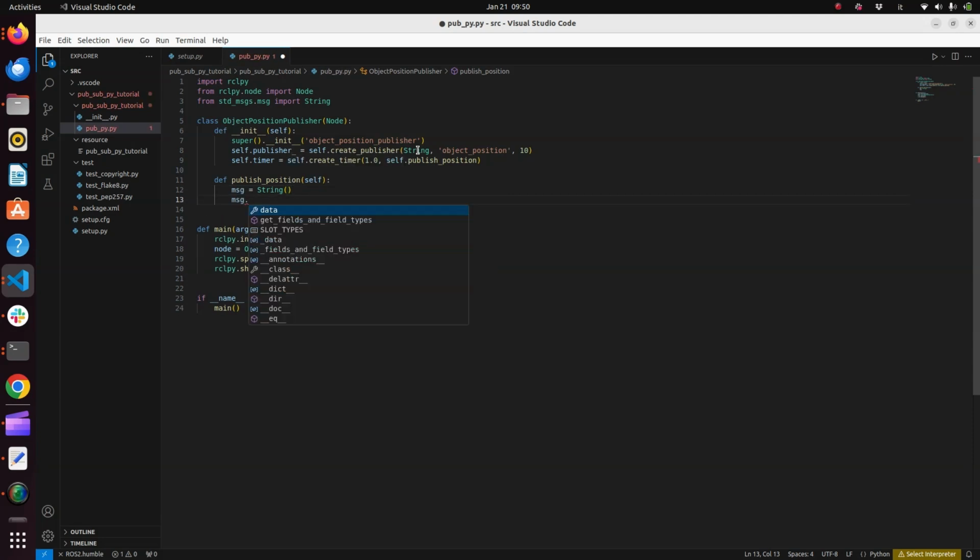There we go. So then if you go on the internet and you're looking for the message data type, you will see that the string type of message has a raw message that is called data. So that's why you need to type dot and then data, and actually the string that you want to publish. And let's use the f functionality, and let's say that the object position